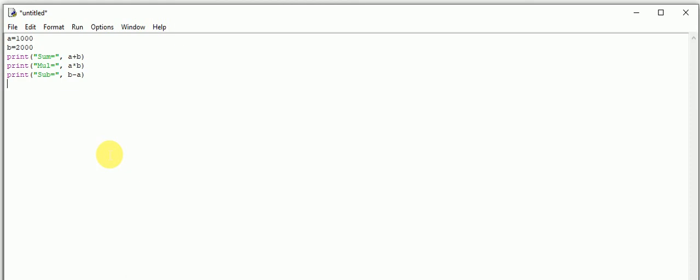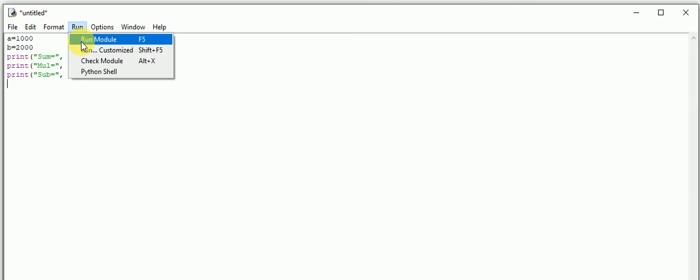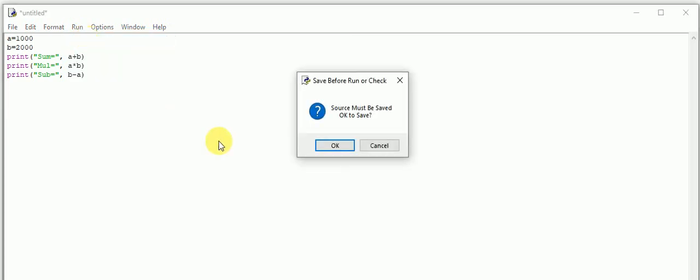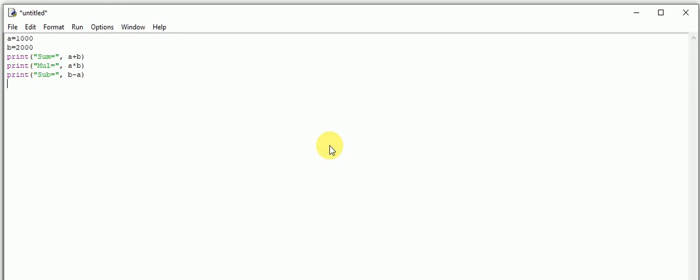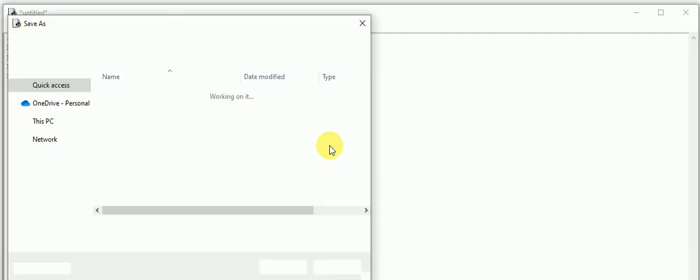To execute this whole program we use the Run tab. Here we click on Run, and then Run Module. When we click on Run Module, it shows that the program must be saved before the execution. So I just click OK.